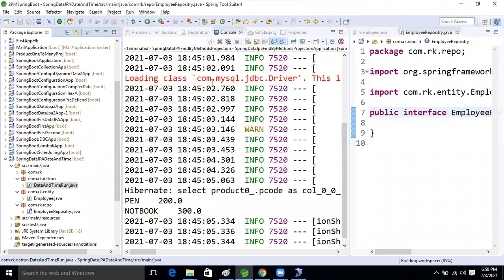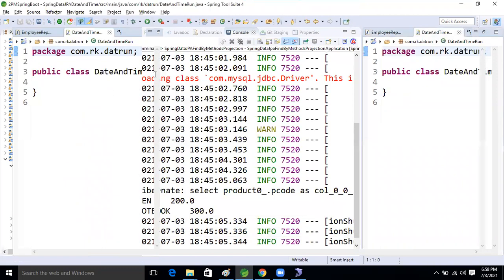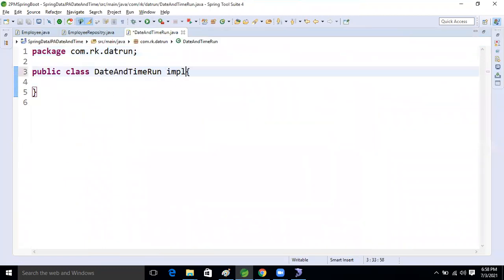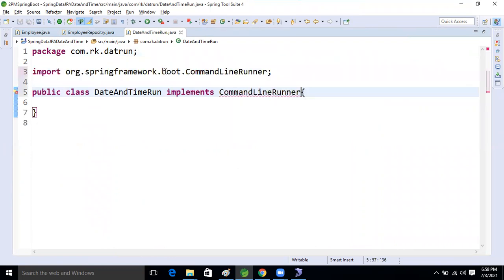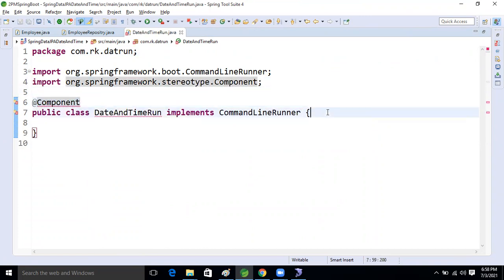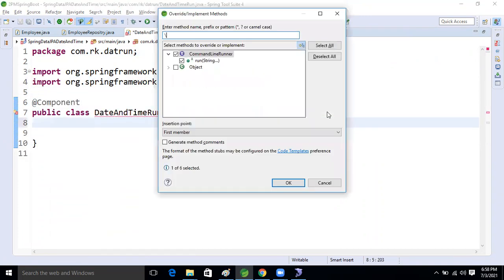Now finish it. Here we will implement CommandLineRunner. Okay, good. Here @Component. Alt Shift S plus B.